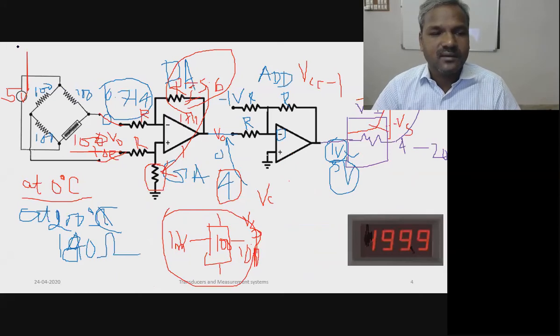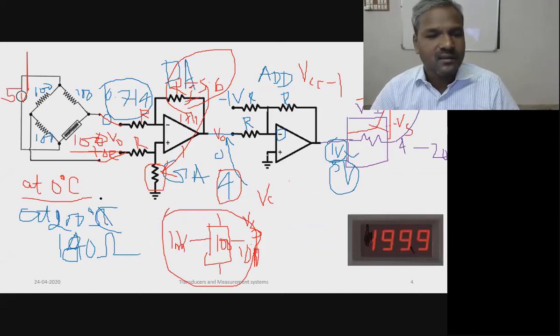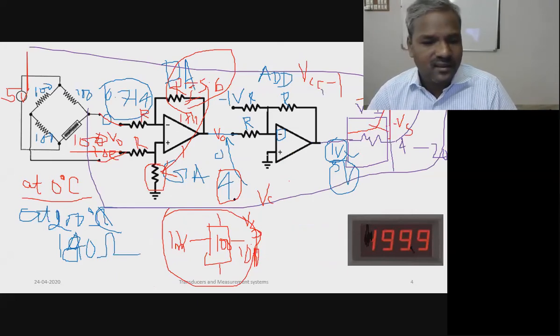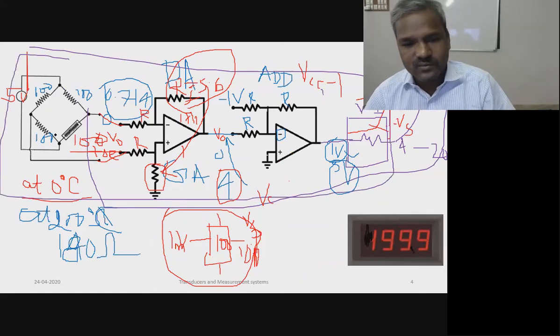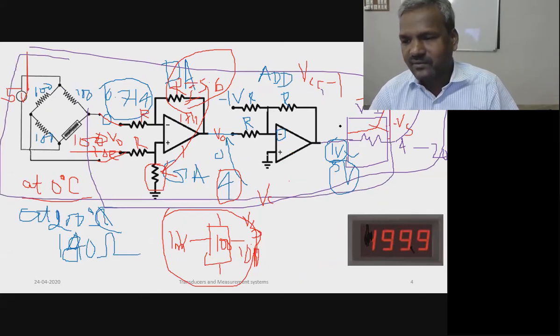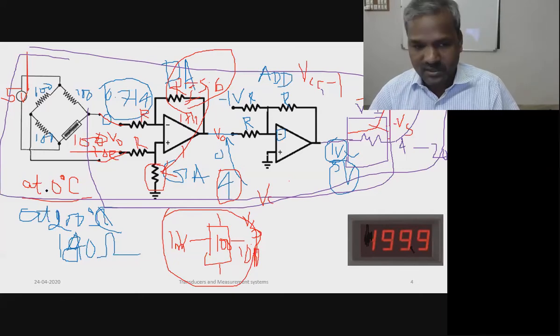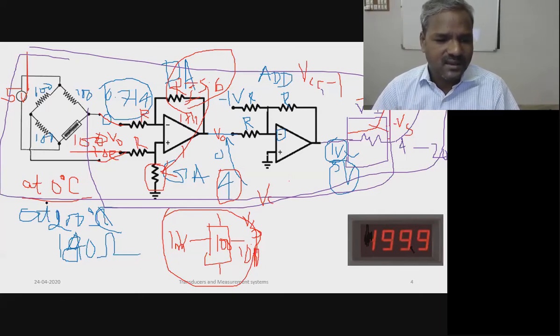So this is the total industrial measurement system. In that, assume this is up to the V2I converter. We have the Wheatstone bridge, differential amplifier, adder, and the V2I converter stage. This is inside the transmitter room. The process, temperature, is near, so this is the RTD immersed in the process.